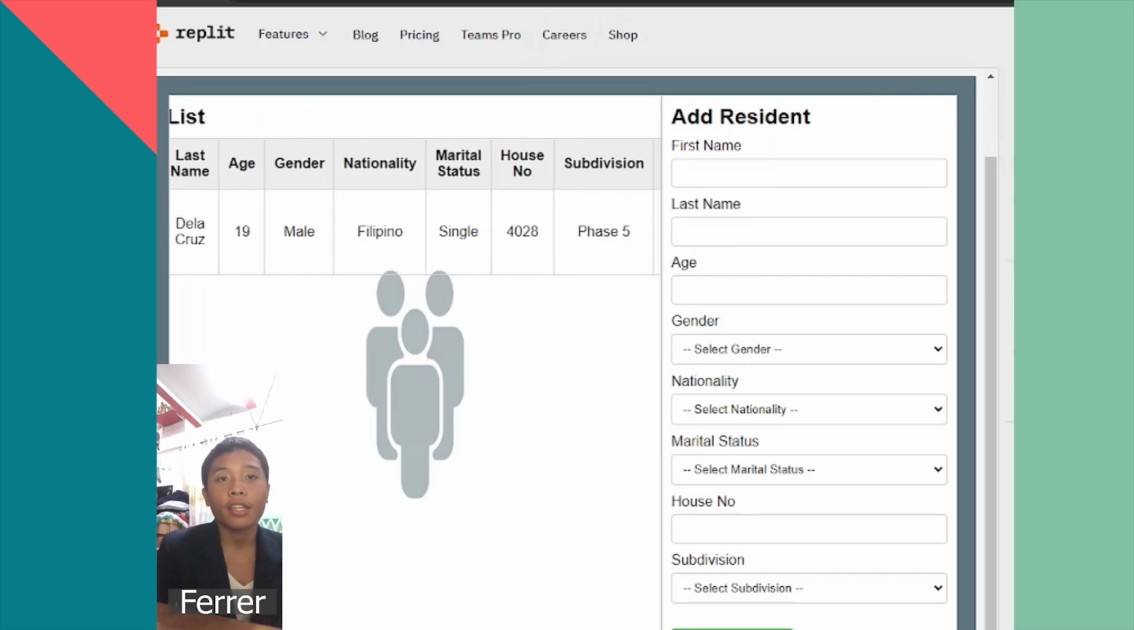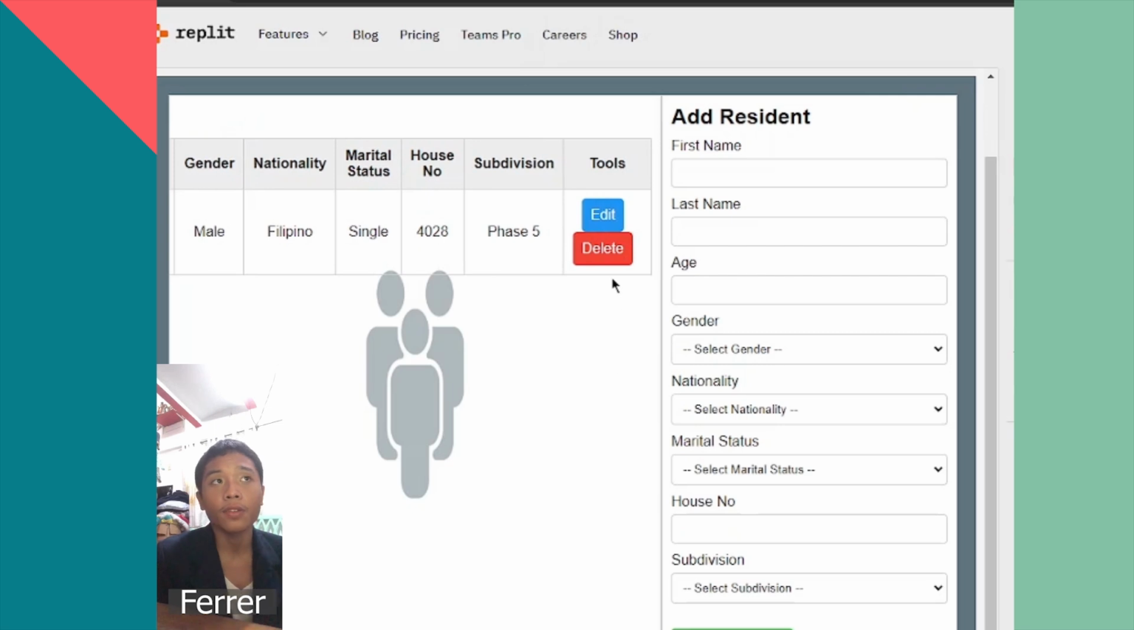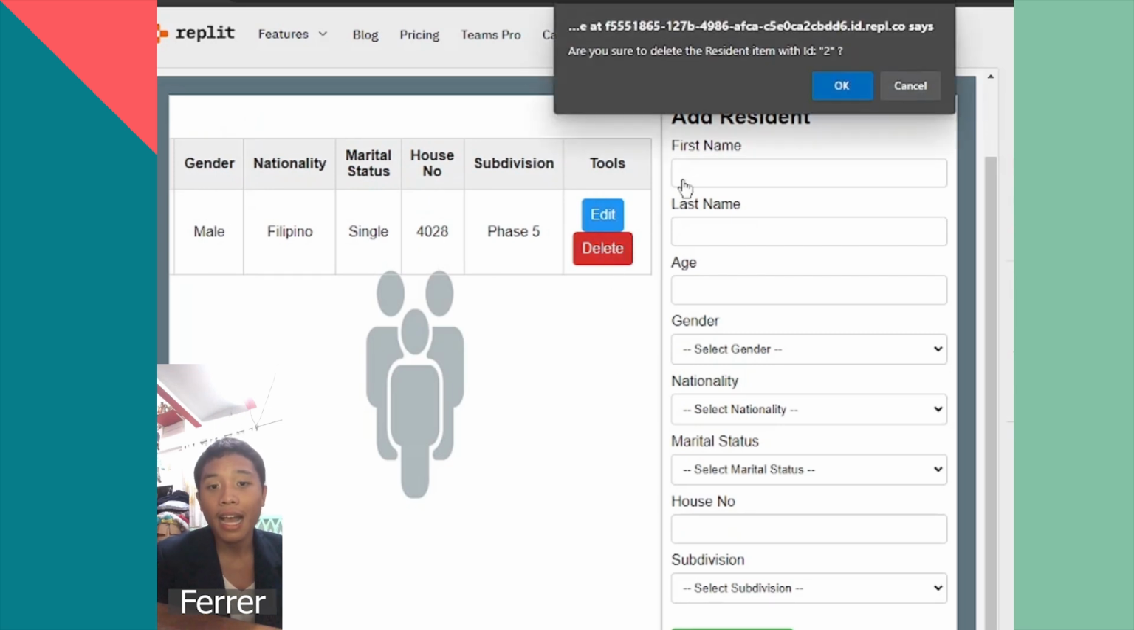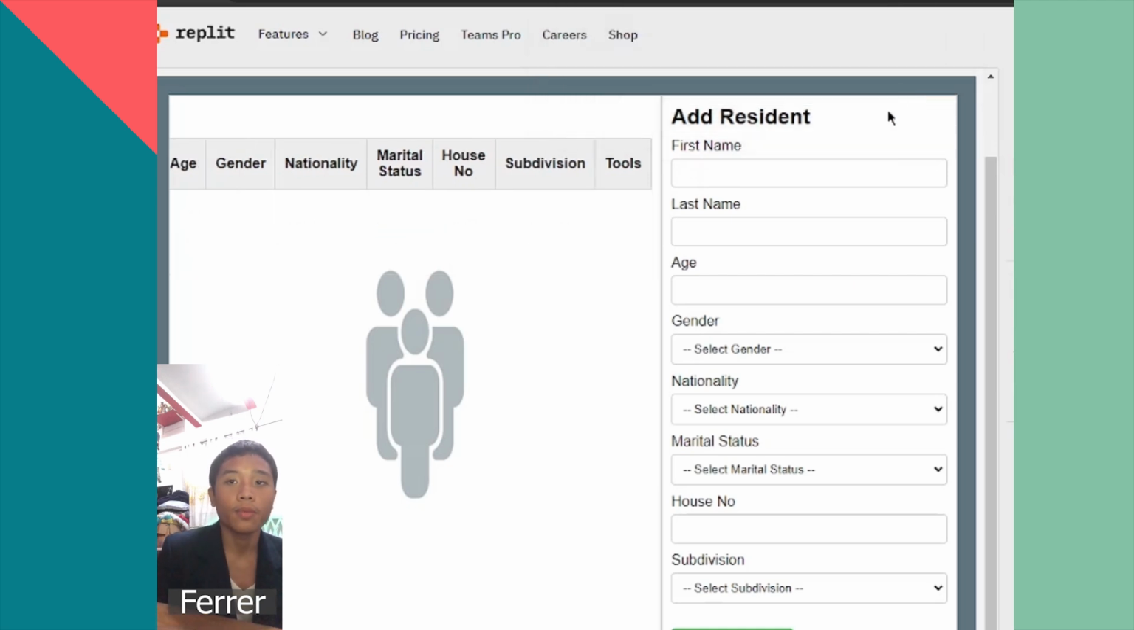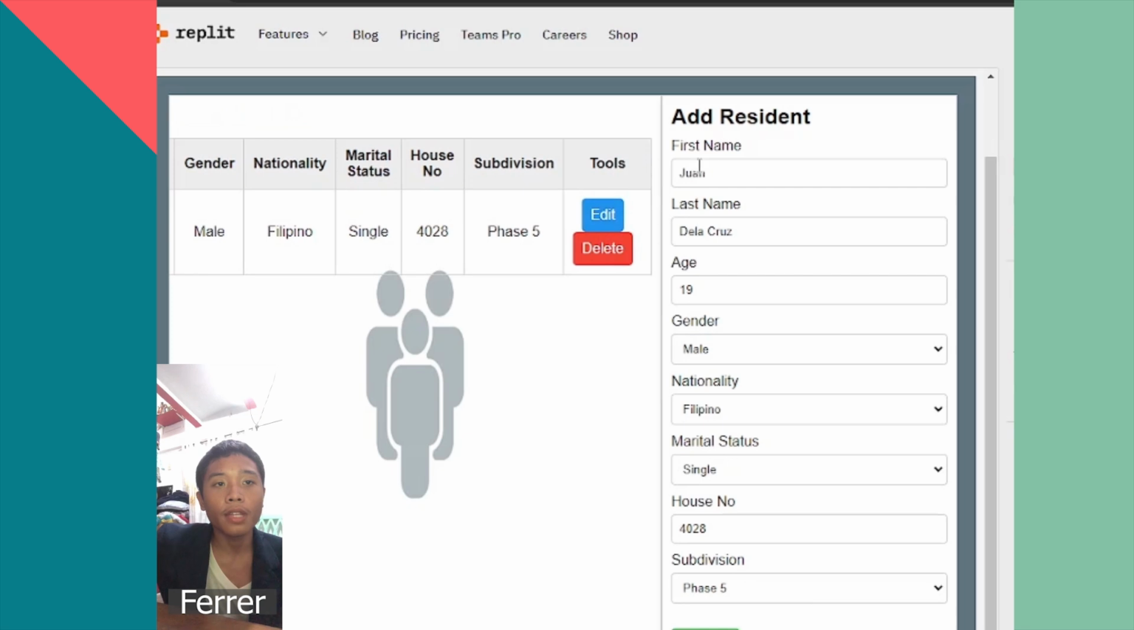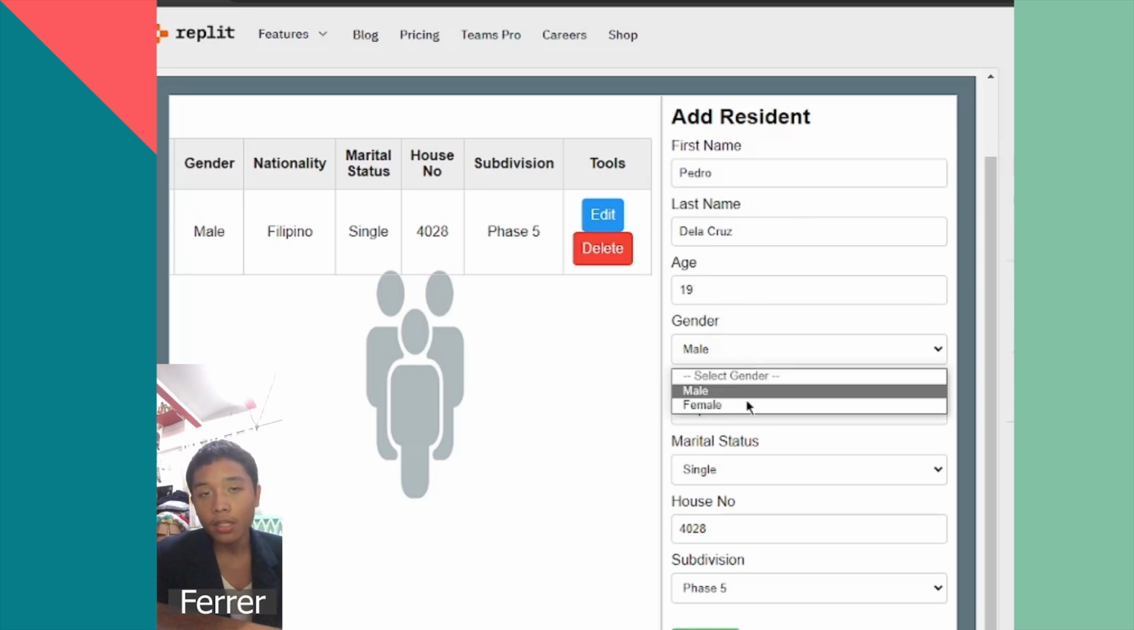For the delete section, you can locate the resident you have added, and an alert message will ask if you want to proceed with the deletion of the resident. And for the edit section, you are able to modify the data depending on its respective field. In the first place, you added